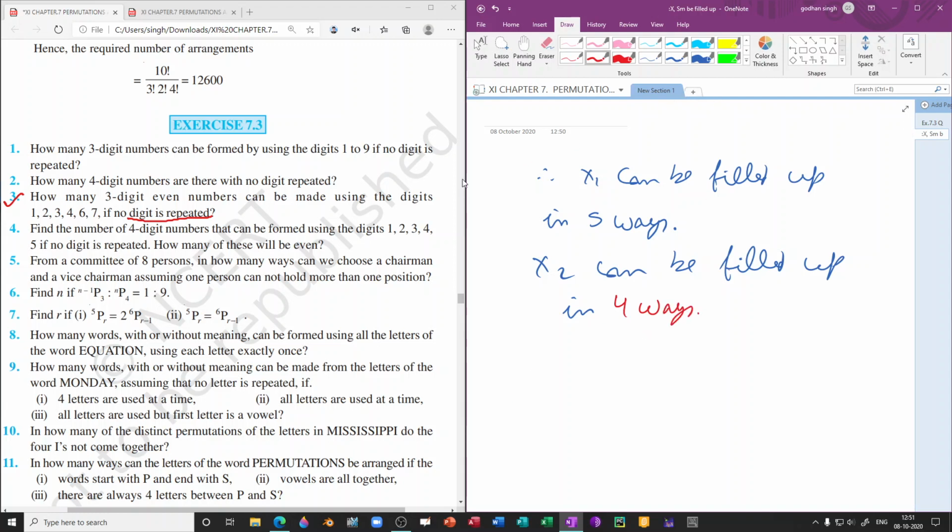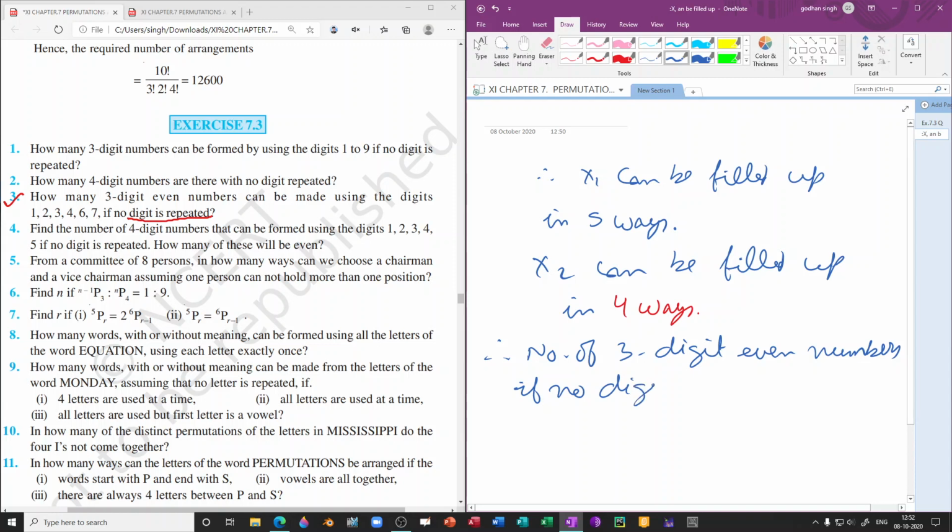Therefore, the number of 3-digit even numbers possible, if no digit is repeated, using the digits 1, 2, 3, 4, 6, 7, is equal to, by the fundamental principle of counting, 5 into 4 into,